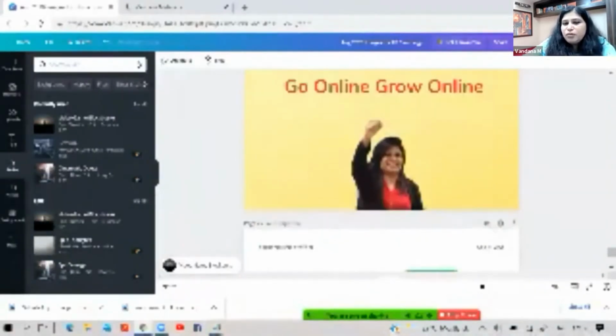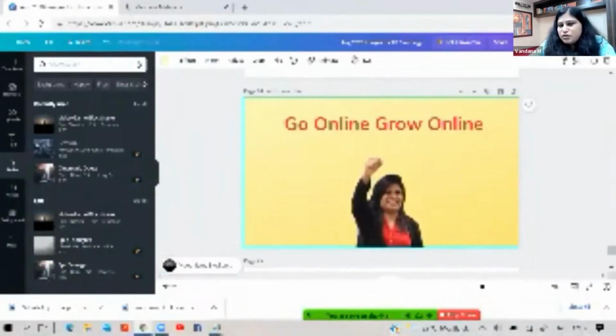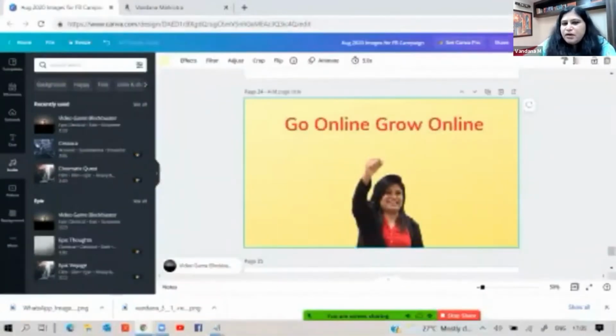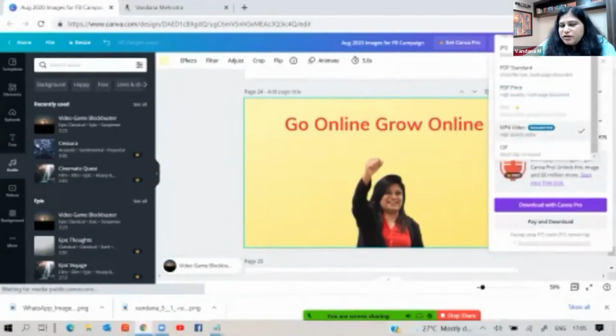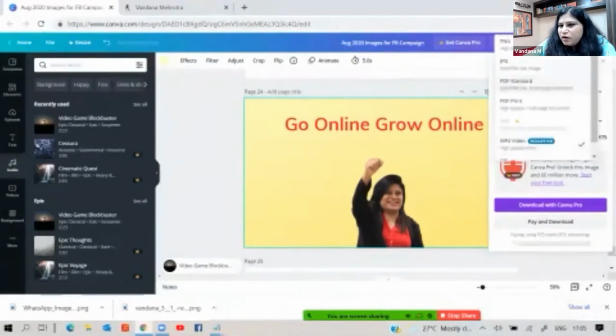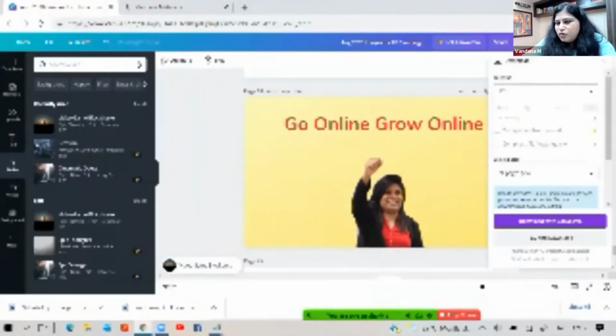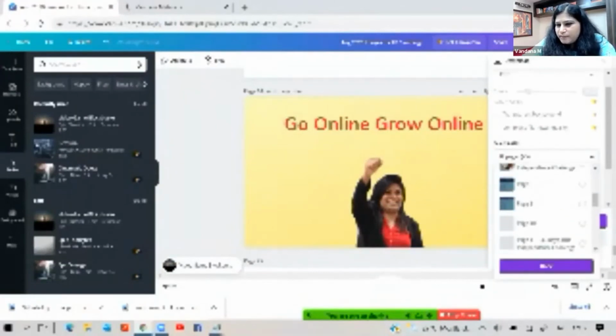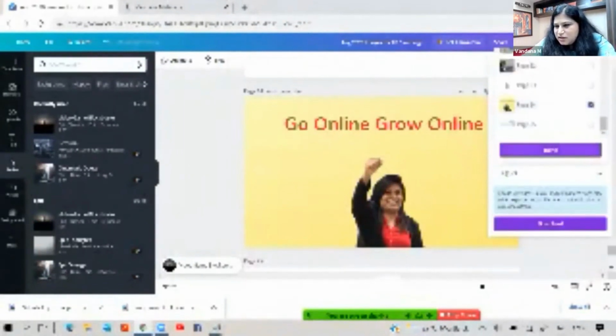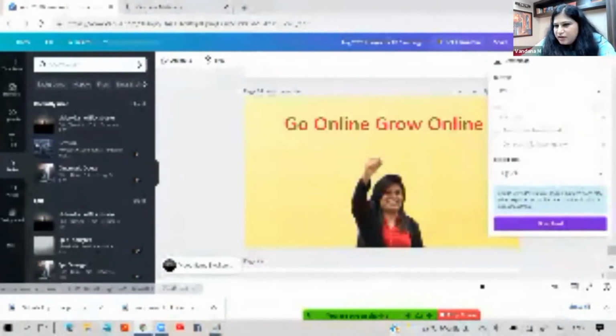Now you have to download what you prepared, right? Because I used a file which has multiple pages, I can download the entire file. Like I can simply download this page 24. So click on this download button on your top right. Now because there is some music and video, it is saying the recommended format is that, but I only want a PNG or a JPG file, and I don't want all the 25 files that I have here. I just want page number 24. So I just click on page 24 like this, and I say done, and I say download.